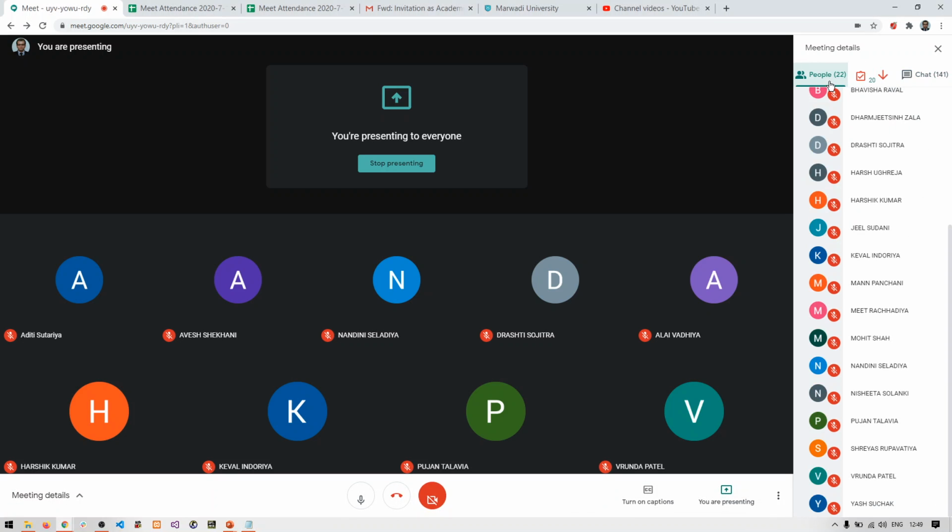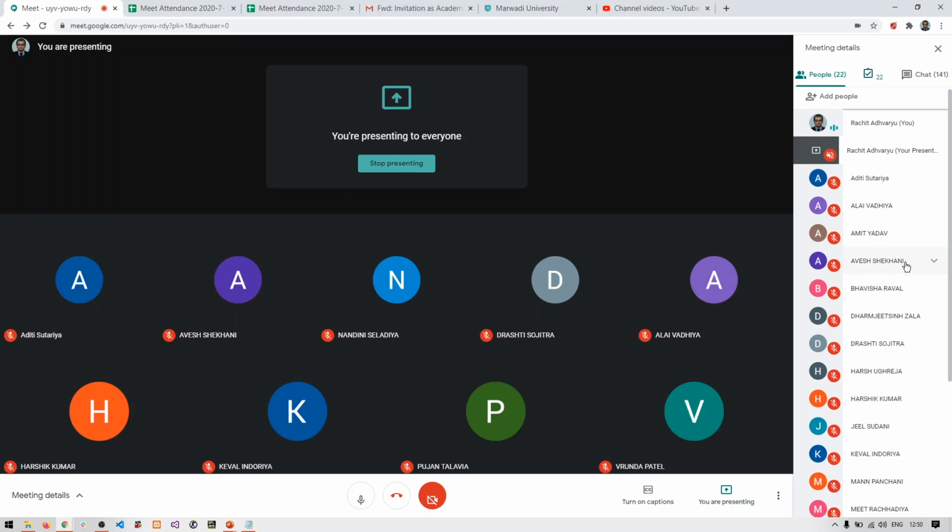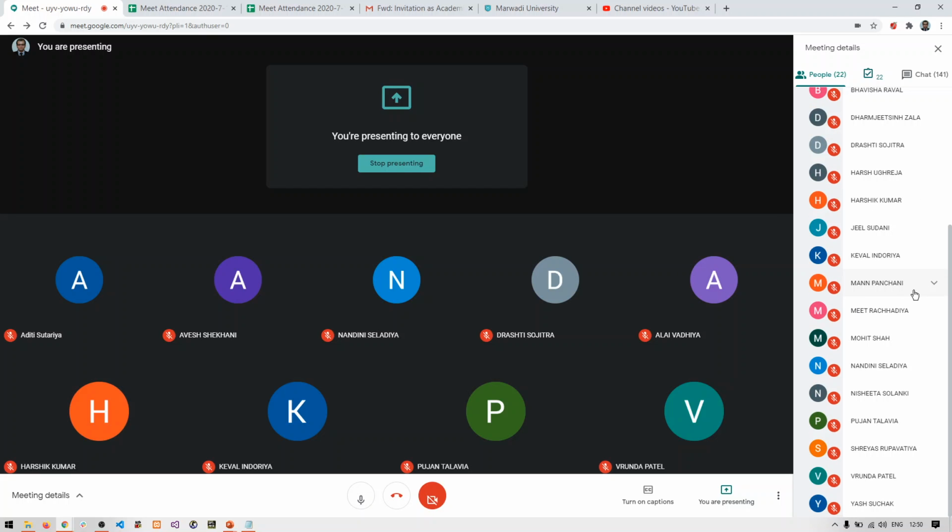So if I take your example, I can see the list of students. If I say Month, there are two N, but N is not in the first position, so we are not going to consider this name. But if I say Nishita, then yes, we are going to consider Nishita, because N is the first character. Likewise, Nandini also has N as the first character, so we are going to consider it.